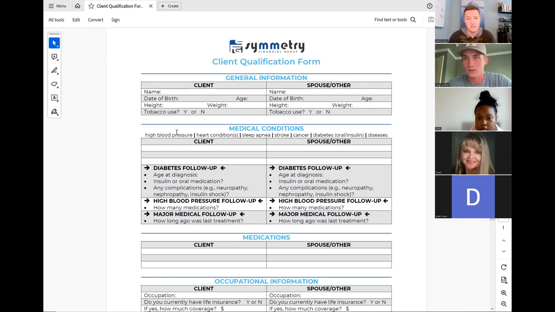Hey, any medical conditions: high blood pressure, heart attack, sleep apnea, stroke, cancer, diabetes? Are you taking a pill or is it insulin? Any other diseases, right? And then we want to know, hey, how old were you when you got diagnosed with diabetes? Or are you on insulin? Any other complications with that? The reason we're asking these questions is, hey, you have diabetes. Is the diabetes causing another health condition? Right? So when you have one health problem that is now cascading and causing another health problem,